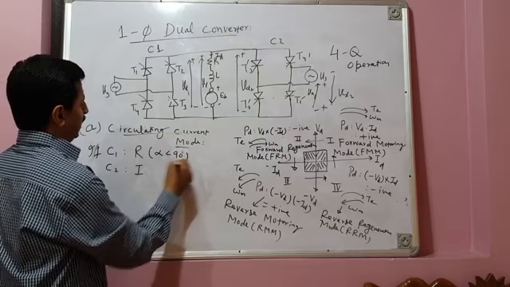Now, what is the voltage across the load? Voltage across the load is VD, and that is the same as VD1 and the same as VD2. Your converter C1, for example, if it operates as a rectifier, R stands for rectifier, this is the polarity of its output voltage, plus minus. At that time, if you operate converter 2 also in the rectification mode, this is the polarity of voltage VD2. Now your VD1 is plus minus like this. As you can see, VD2 will be like this.